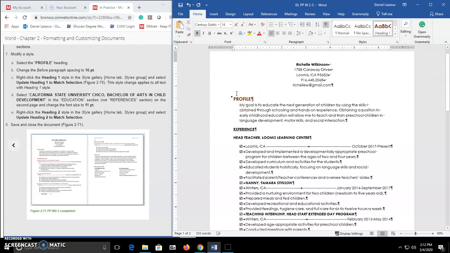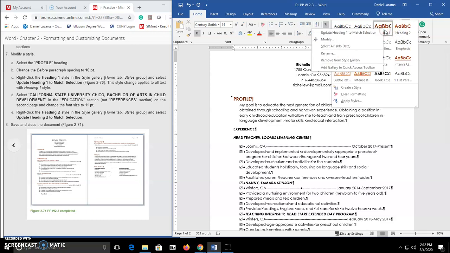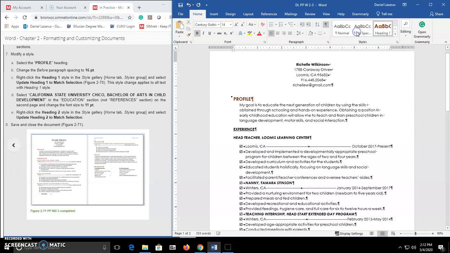So it just changes to Heading 1 style. And then select Update Heading 1, sorry, Update Heading 1 to Match Selection. So all you have to do is right click that and say Update Heading 1 to Match Selection. Right click. Then select California State University, and then all you have to do is,